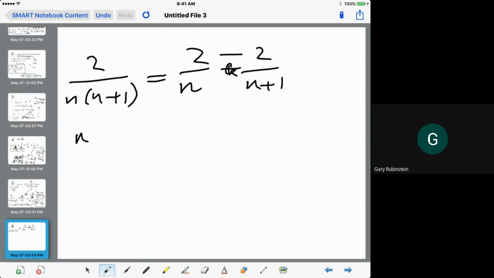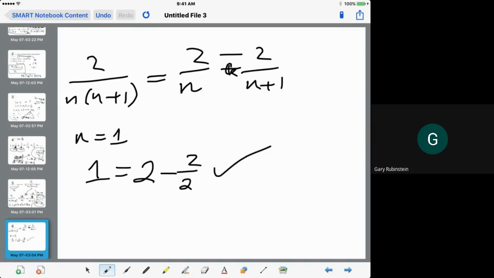If I plug a number like 1 in, then I get 2 over 2, which is 1, is equal to 2 over 1 minus 2 over 2,